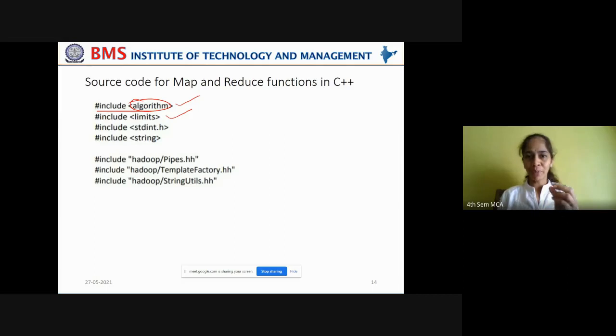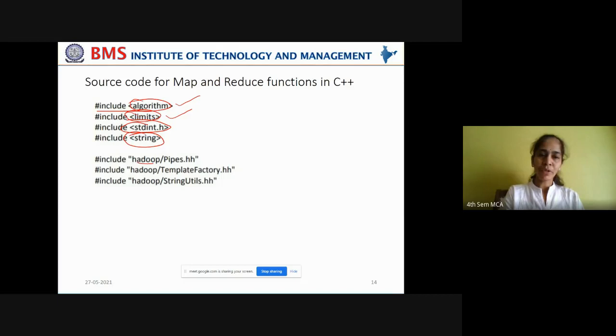If you want to specify predefined limits for a variable of a data type, then you have to include this limits header file, and also the standard int header file. And if you want to perform any string operations, you have to include the string header file. These are all examples. It is not that we are going to use all these header files in our current program, but these are various header files you can include in your C++ code.